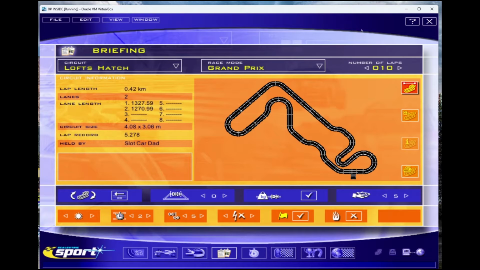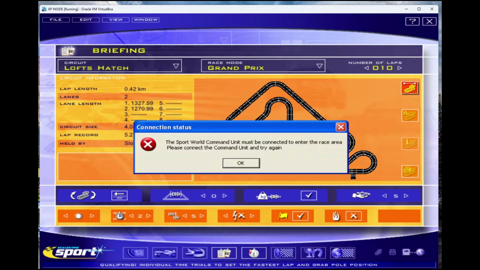So if you saw the last video that I did on Scalextric Sport World, which was me setting up the hardware, then we got to a point whereby I was getting this message: the Sport World command unit must be connected to enter the race area. Please connect the command unit and try again. Well, I had connected the command unit and it wasn't working. So what happened next was hours and hours of problem solving. So I'll just talk you through that